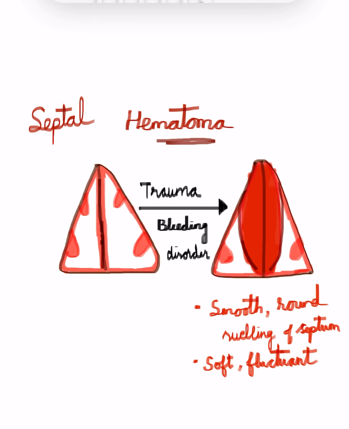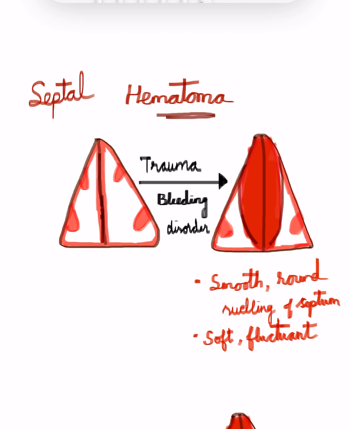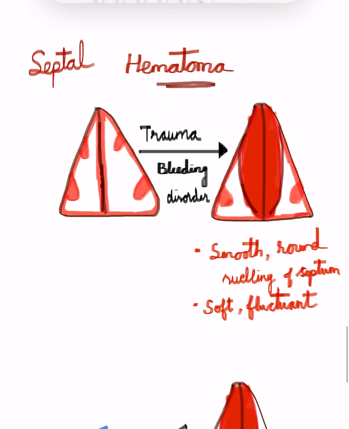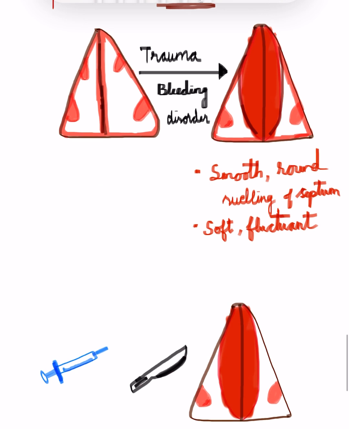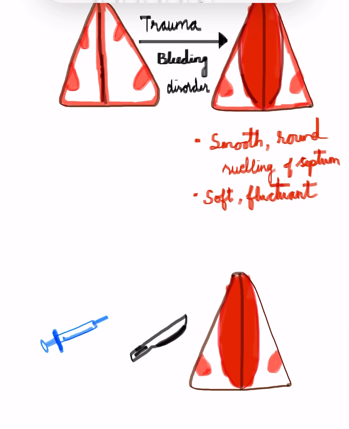On examination, there will be a smooth round swelling of the septum. On palpation, the swelling is soft and fluctuant in consistency, which signifies a fluid-filled swelling of the septum. And whenever we see a septal hematoma, it should be drained immediately because it leads to some complications. The treatment options available are: we may use a wide bore needle aspiration to remove the collected blood, or